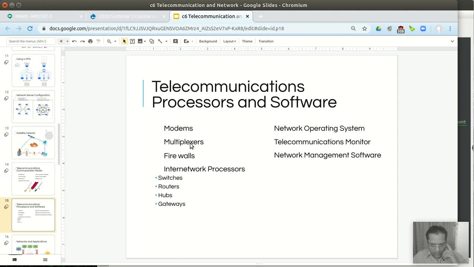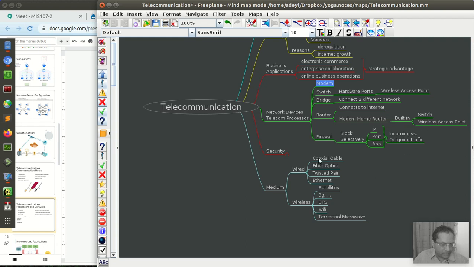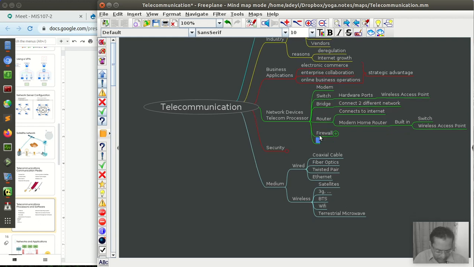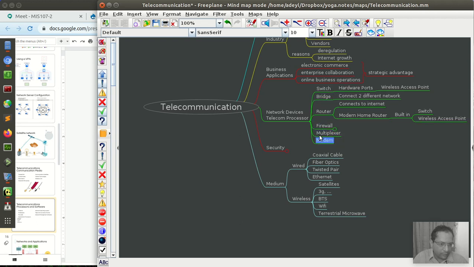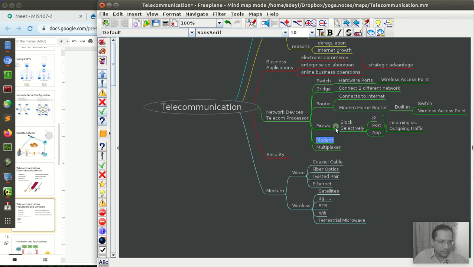Multiplexers, again, if you remember, multiple signals are connected together. Router, firewall. Let's put multiplexer over here. So from firewall it goes to a modem, then it goes to a multiplexer.